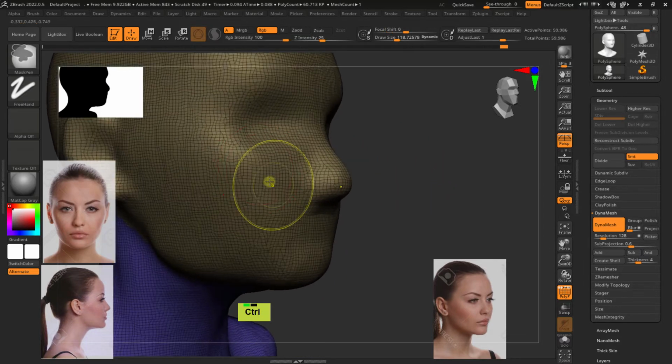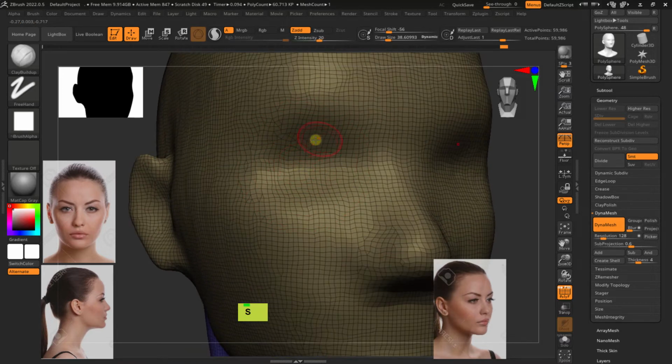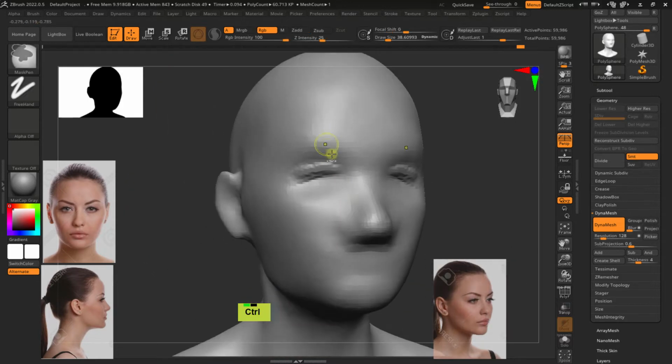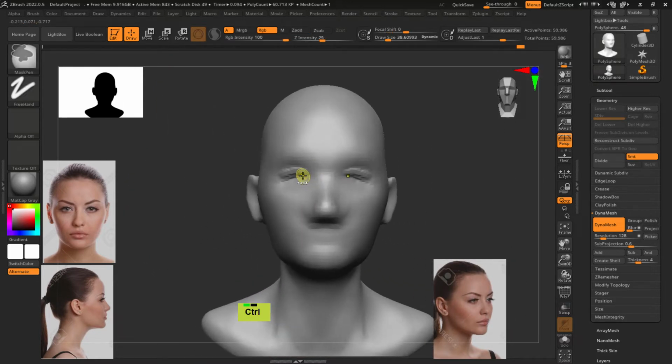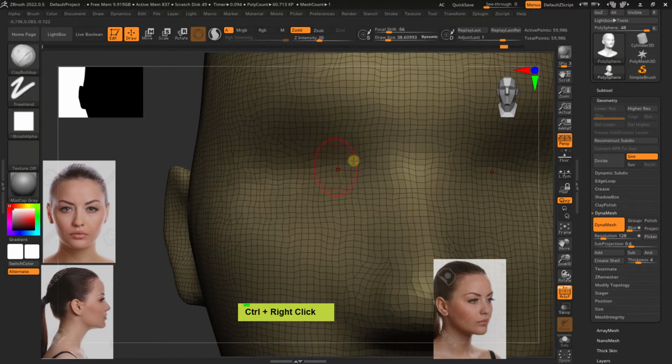Honestly, I don't think this resolution will be enough. So if I'm using the BCB brush and try to create the eyelid, it will still be a little bit sloppy. So if I'm filling this up, this is how it looks, and that's not enough. Okay, so selecting the good resolution for the actual tool is pretty important. So Shift F, make sure, okay, we have these things, and I've tested and I've seen it with my own eyes. It's just not enough, so I'll just double it to 256,